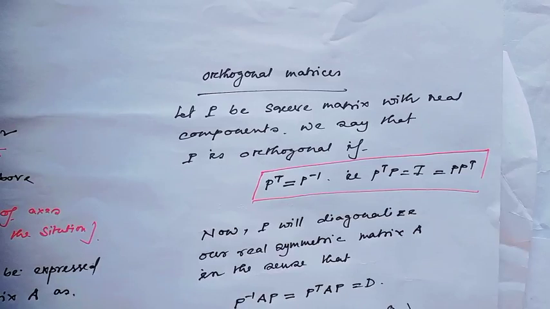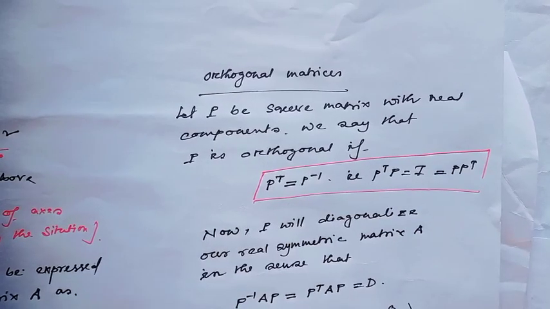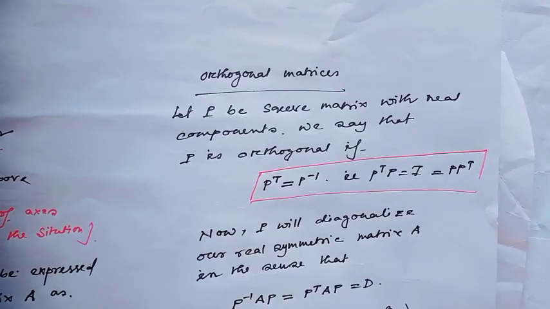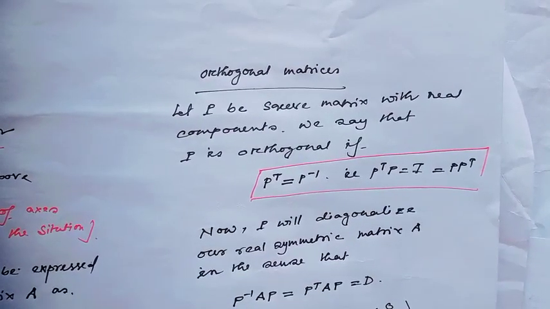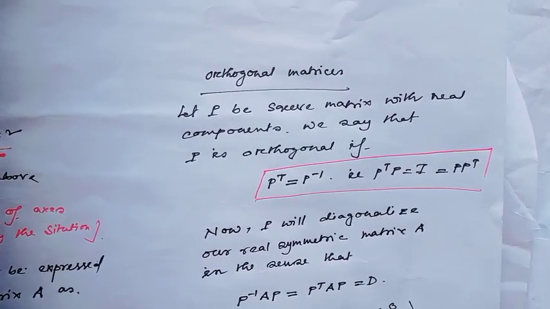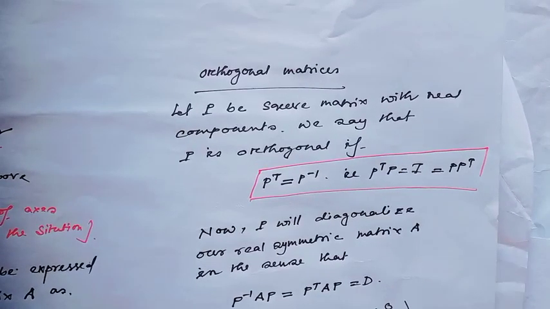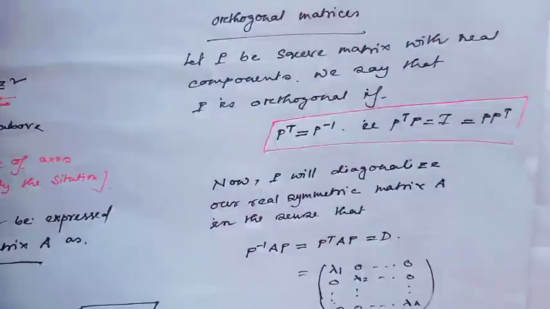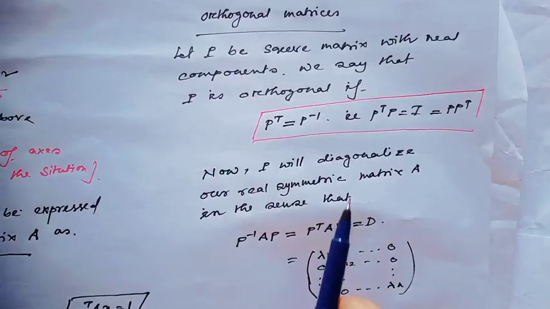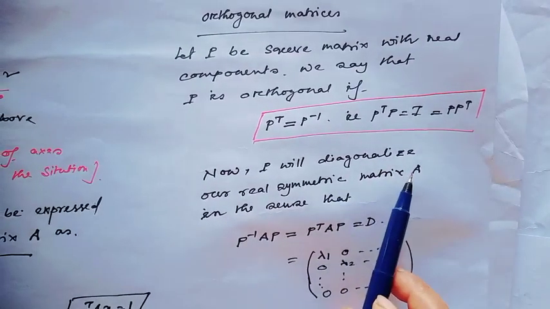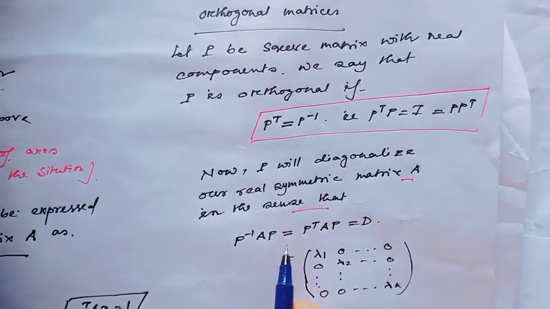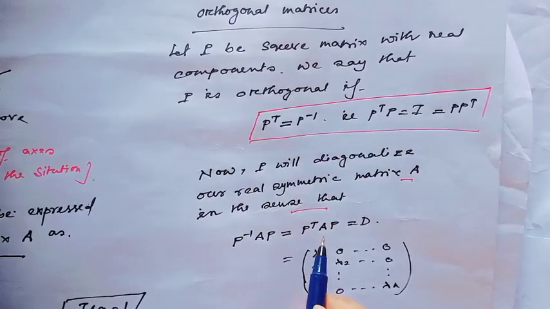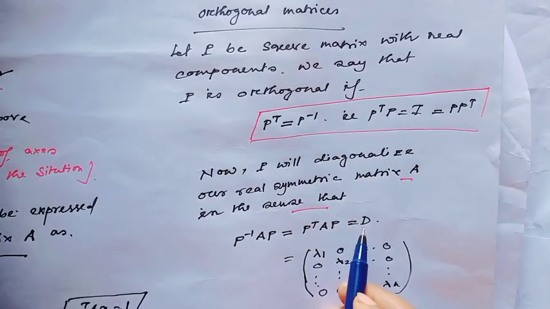Actually we all know the idea of orthogonal matrices. Let P be a square matrix with real components. We say that P is orthogonal if P transpose equals P inverse, because for orthogonal matrices P transpose P equals the identity. Now if P diagonalizes our real symmetric matrix A, in the sense that P inverse AP, which equals P transpose AP, equals a diagonal matrix D,